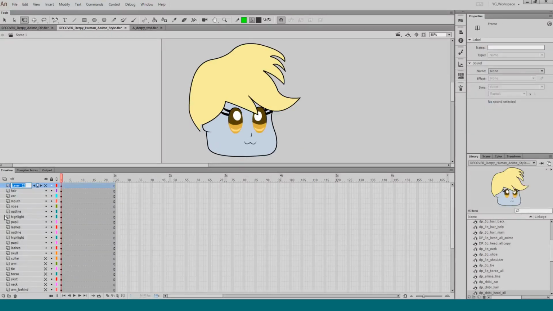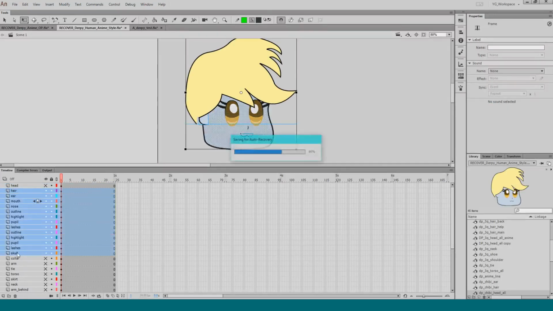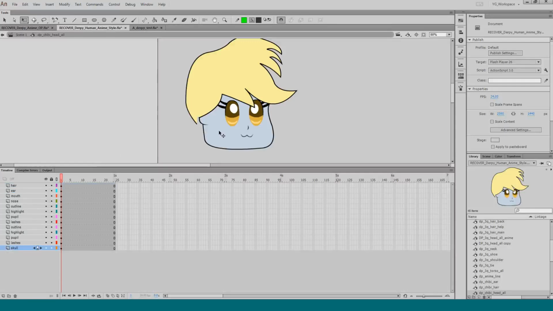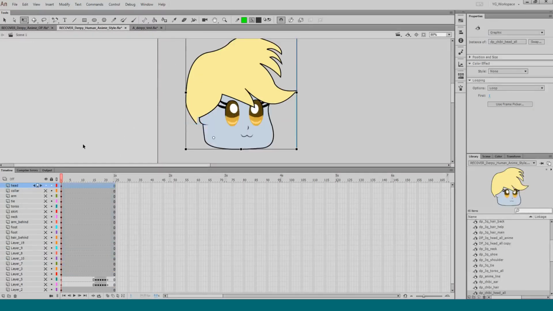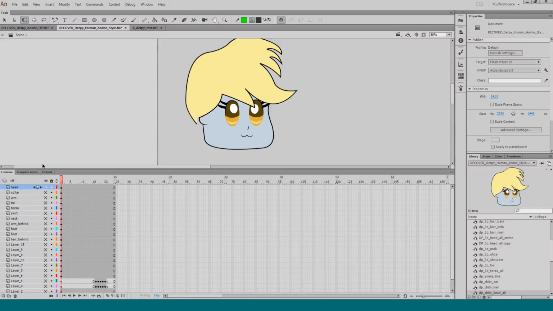Okay. Yeah, head. Good. Now I can delete all these layers, and because we still have the head, if I double click inside, I'm inside the head, and now we have all those layers again. So it makes it a bit simpler to handle.